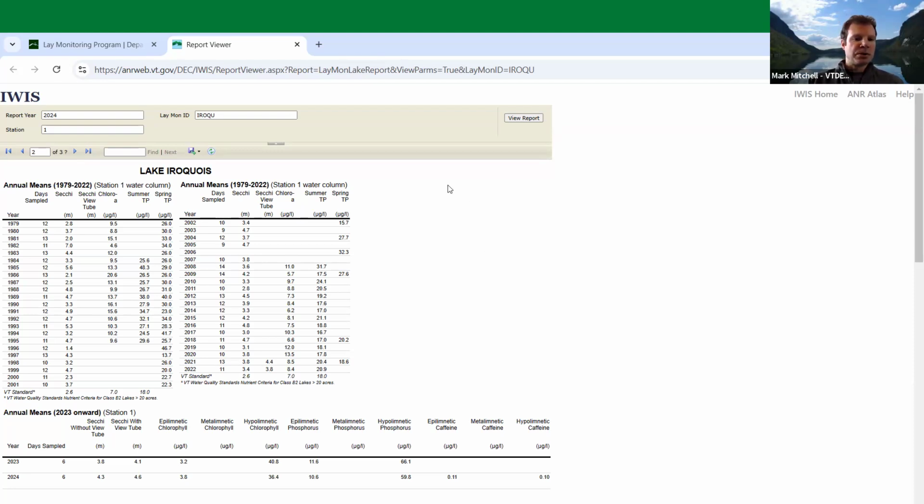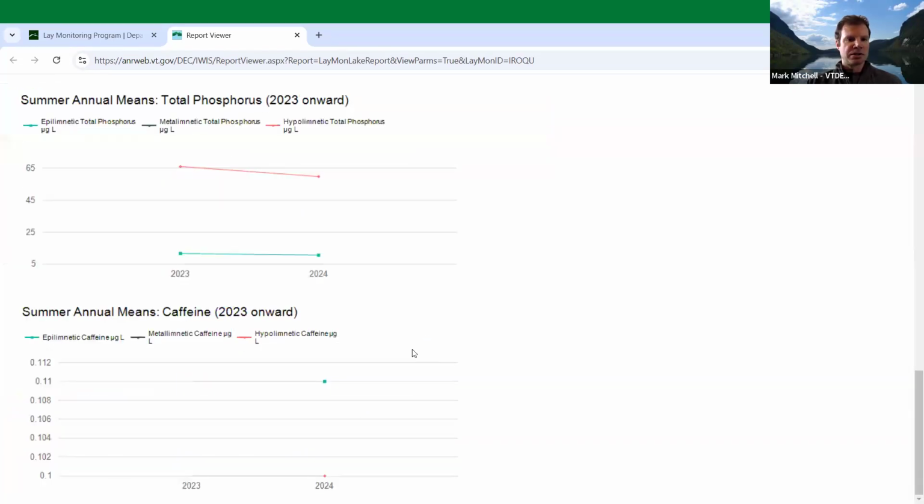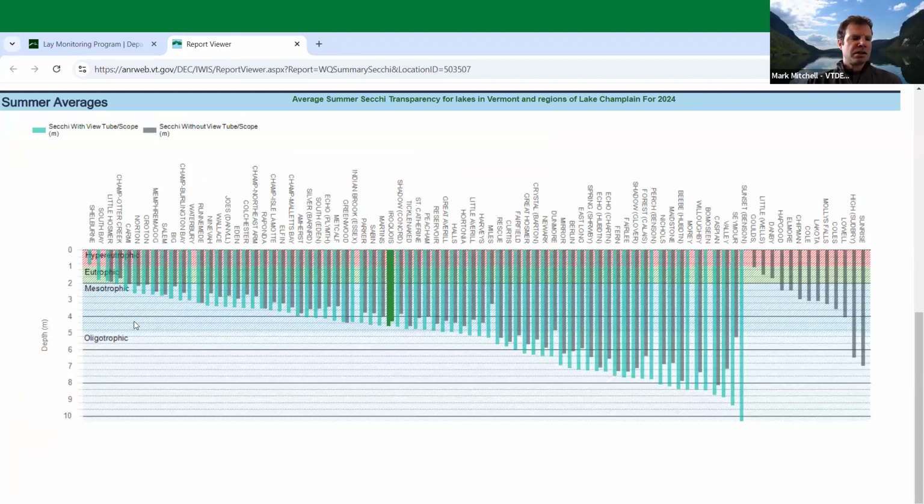So that's why I'm working on recalculating some of our water quality standards to reflect the new protocols, so the epilimnetic sampling basically. And when we have those numbers, I can put them right on this figure here, because really you're looking at the annual data to compare to the actual water quality standards. So hopefully that answers the question there. In the summary figures,